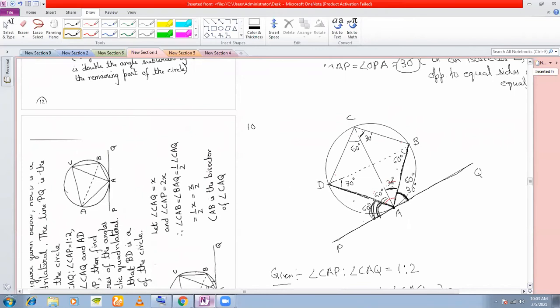Next, we proceed to find out angle B and angle D. For angle B, you just need one angle here. Now, if you see here, this angle is the same as this angle. Why? Because angles on the same segment are equal. So if this angle is 60 degree here, this angle should also be 60 degree. So what is this angle B of this cyclic quadrilateral? 60 plus 60, which is 120.